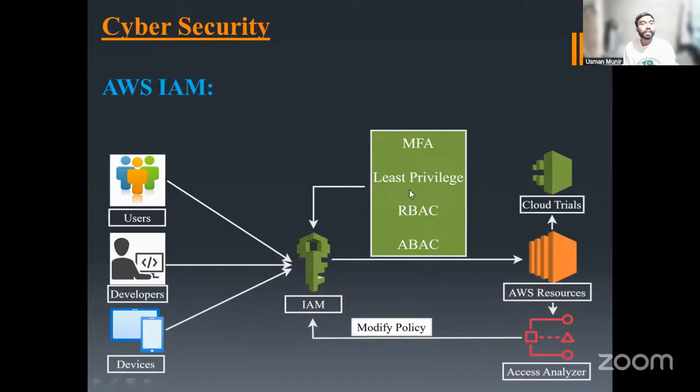We will apply AWS Identity and Access Management protocols like multi-factor authentication, least privilege, role-based access control, or attribute-based access control. And they own the AWS and Azure resources, and these resources analyze the behavior of people who access our system and classify them. And according to this, they modify policies for identity and access management roles.